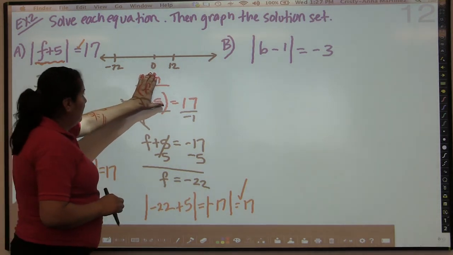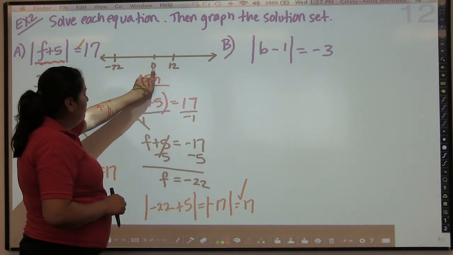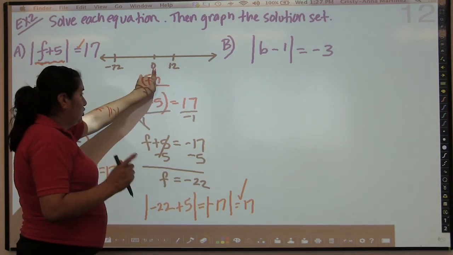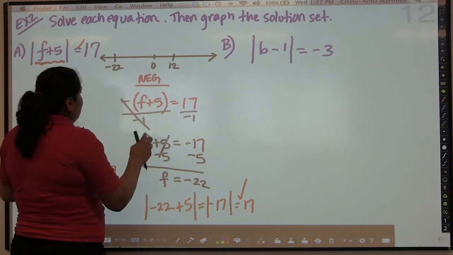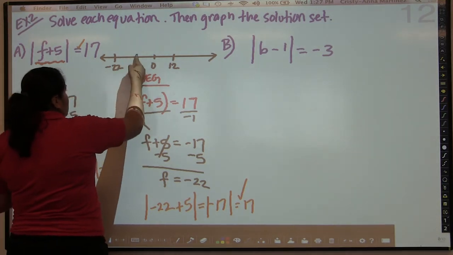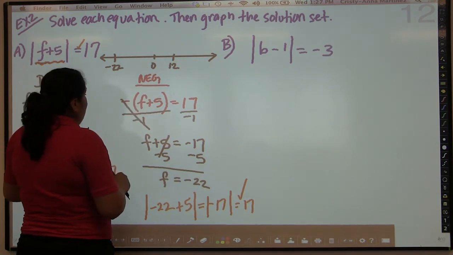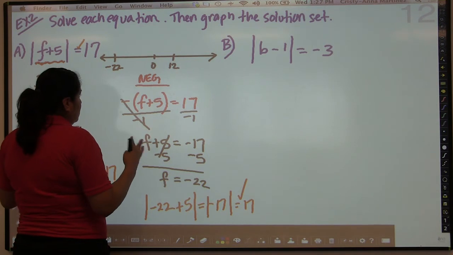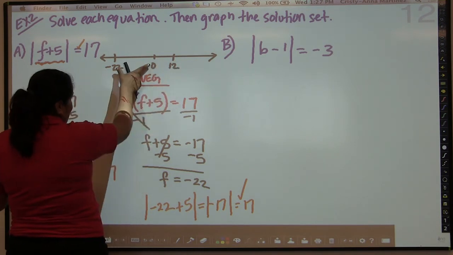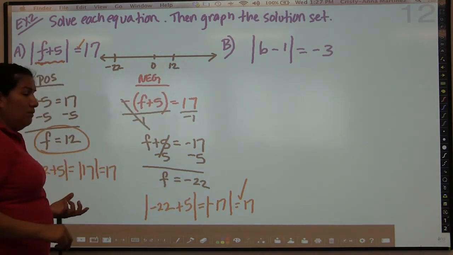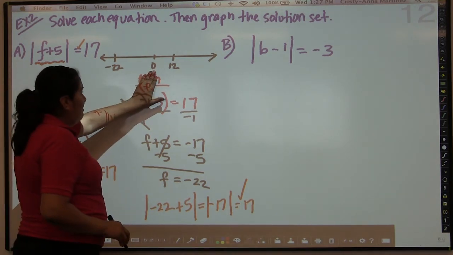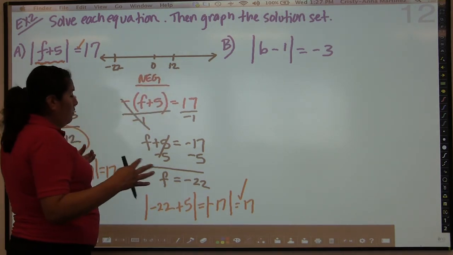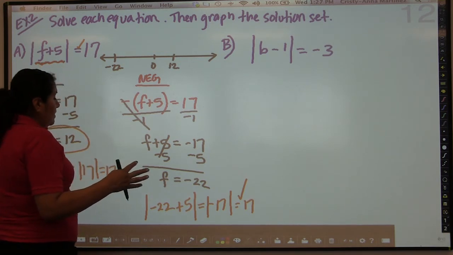And what you will see in mine is that the distance from 0, 12 units from 0, is a shorter distance than 22 units from 0. So you'll notice that even though I'm not putting all the individual tick marks along the way, I am aware that 22 is farther away than 12, so this distance is shorter than that distance. And that's pretty much what I'm looking for in your graphs, just to make sure you have a 0 and that these numbers are placed far enough away that you're not